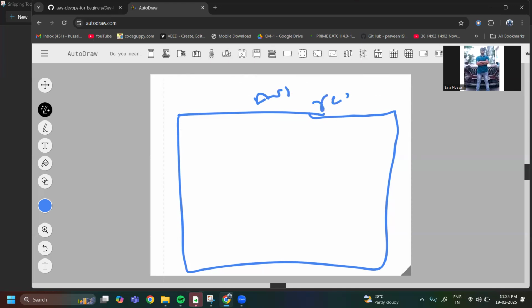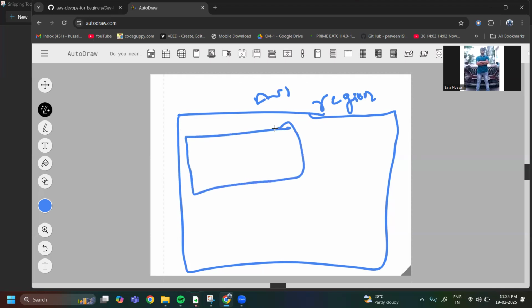In this region, what will AWS tell? So this is the physical server, server 1 here.